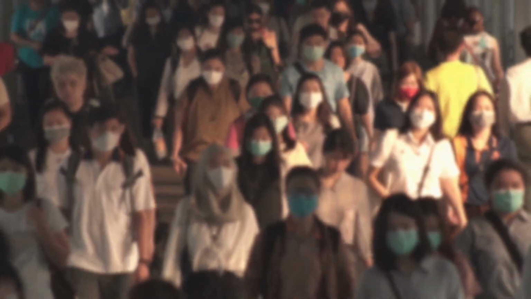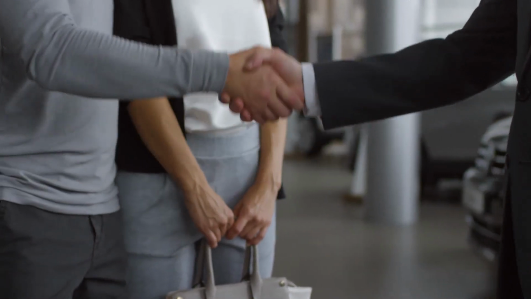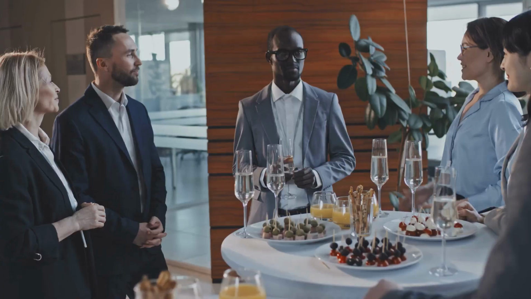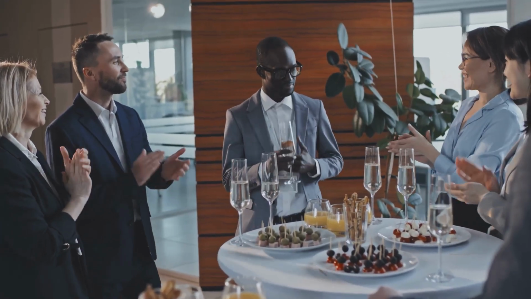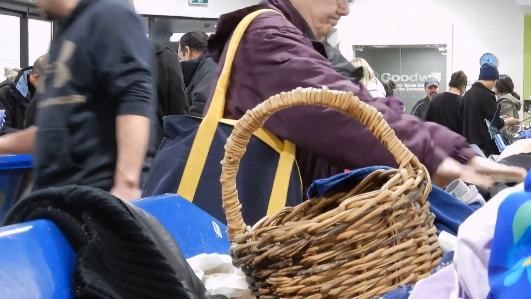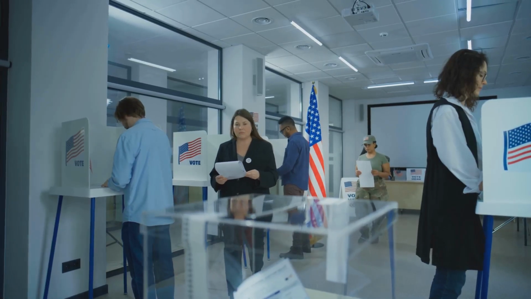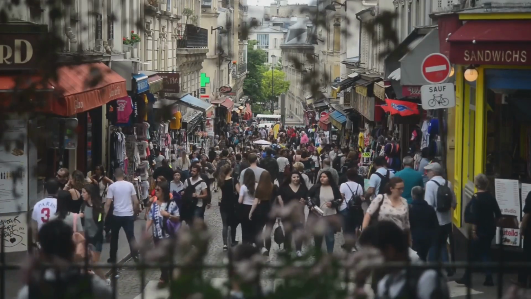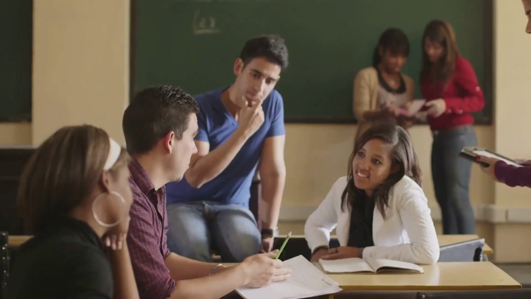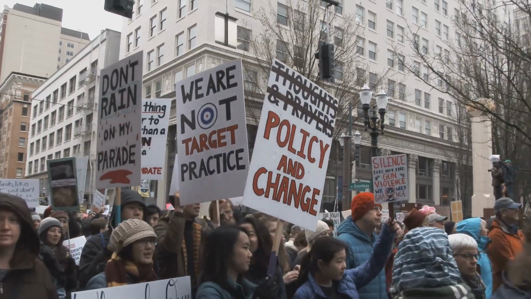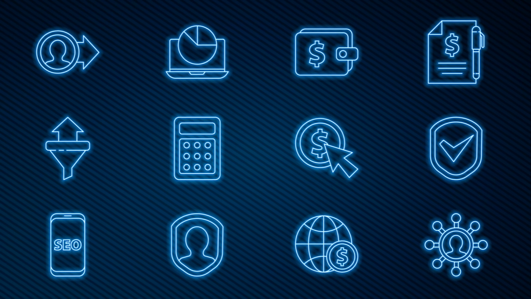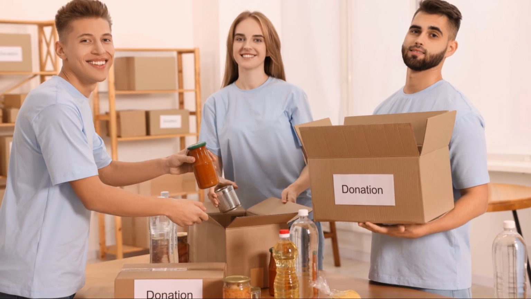So, as you go about your day making economic choices, big or small, take a moment to think. What social norms, networks, or power dynamics are influencing you? How can you use that understanding to make choices that align with your values? Because it's those individual choices multiplied by millions of people that shape the society we live in. And if we understand these systems, we have the power to change them. That's the promise of economic sociology, tools to understand the world and the agency to make it better.